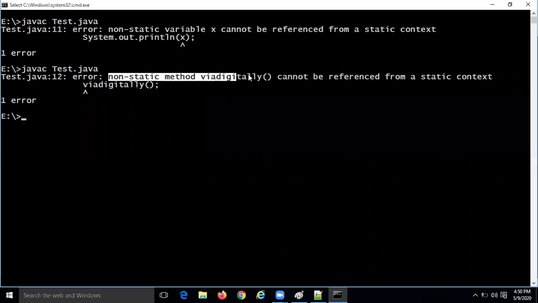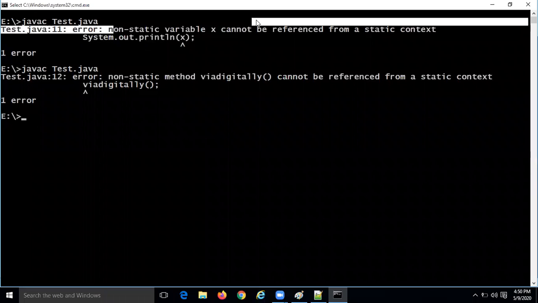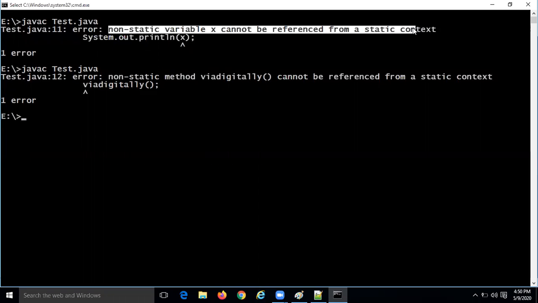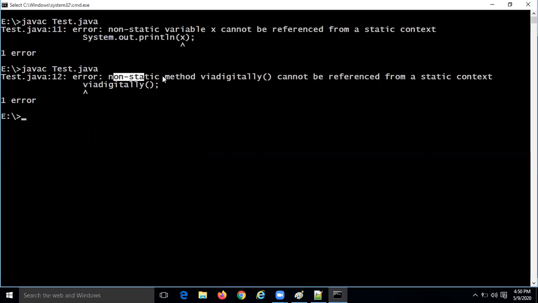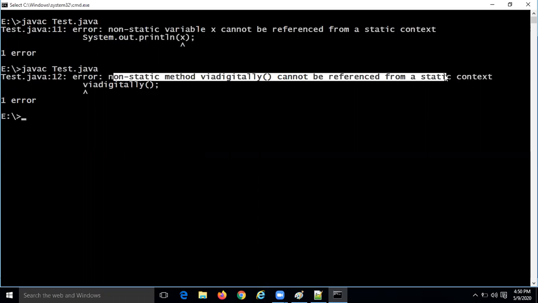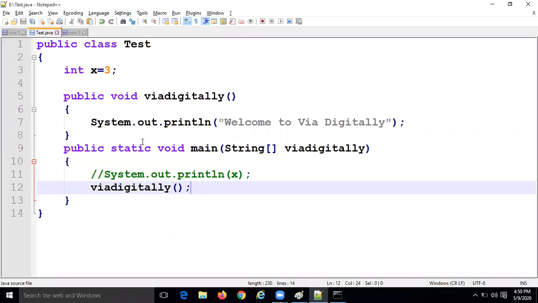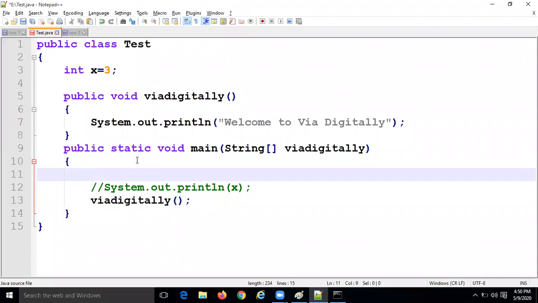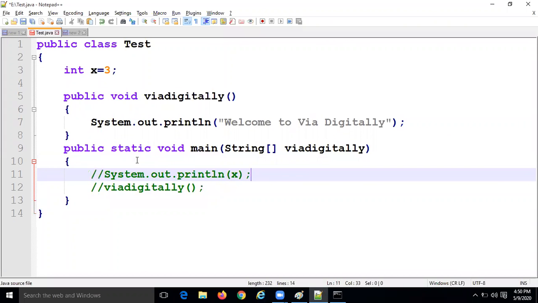Non-static method viaDigitally cannot be referenced from a static context. So both are invalid.